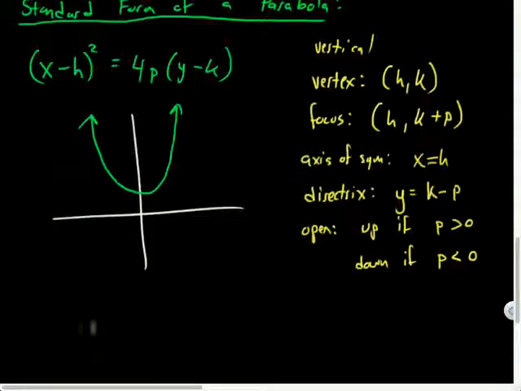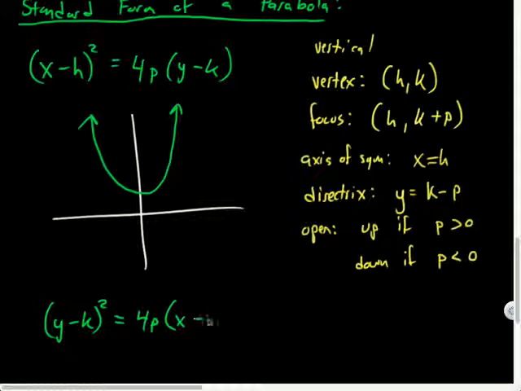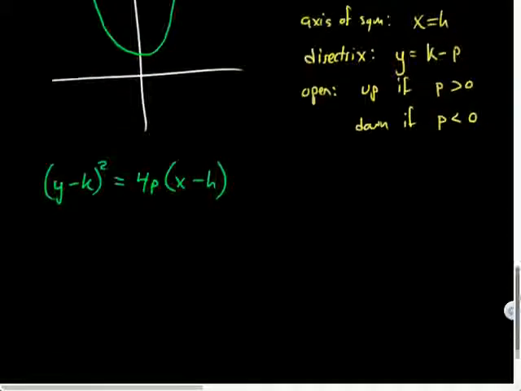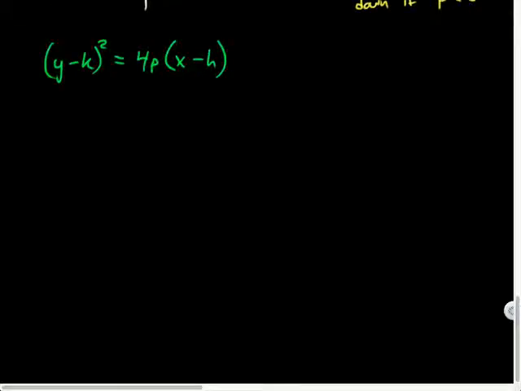So for a horizontally oriented one, it'll be (y − k)², so now the square is related to the y, equals 4p(x − h). And you guys can probably guess most of our facts here. Our vertex is going to be at (h, k) still, except notice that h is always associated with the x, the k is always associated with the y. Our focus,